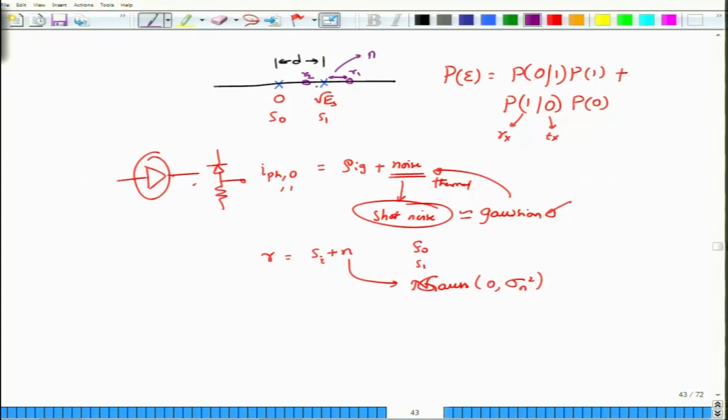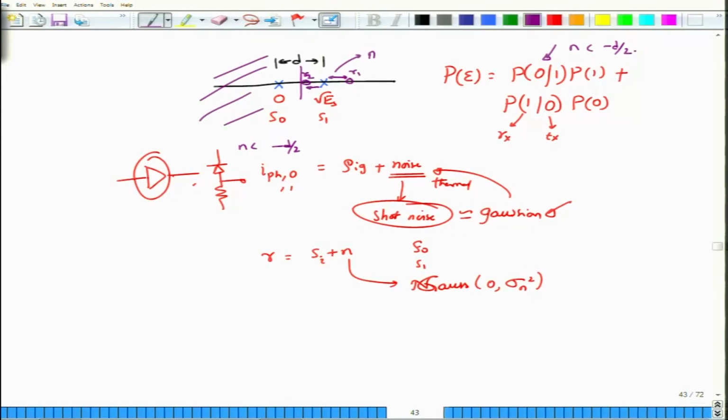But when n starts to become negative, suppose I receive a signal R1 or R2 here, then clearly even if I have transmitted 1, the noise became negative and it actually is starting to pull the received points closer towards S0. If the noise reduces below minus d by 2, then it would move the received points onto this region. In this region, all the points are actually closer to S0, and therefore we will actually end up making an error of the kind this one, right.